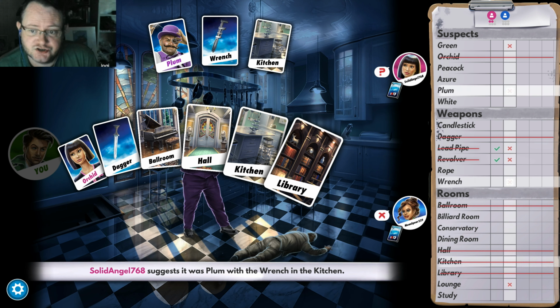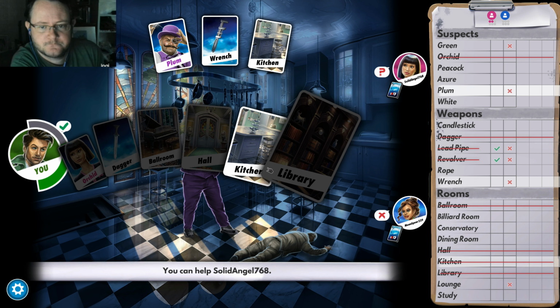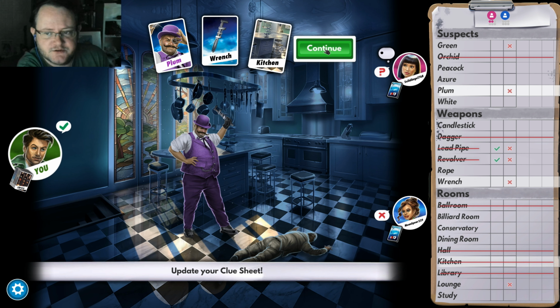Wrench. Kitchen. Oh, I don't like telling her, because the locations are the hardest to figure out. I'm guessing she has Plum. I'm thinking she has Plum. She either has Plum or the wrench. So I'm gonna tentatively put...